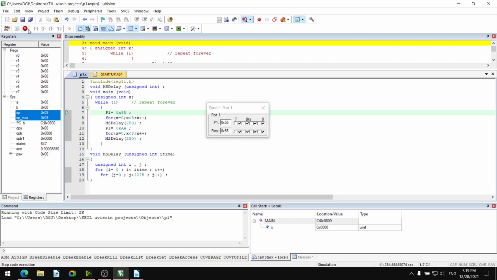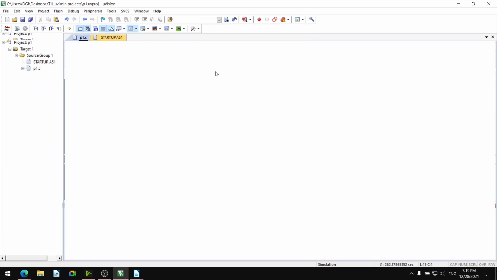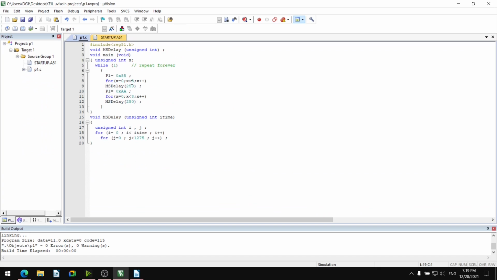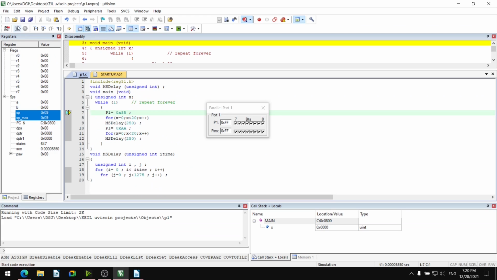I stop it and make for, say, 5 seconds, make it 20 and check. Save it, build it, zero error, zero warning, start the debugging session, execute the code.